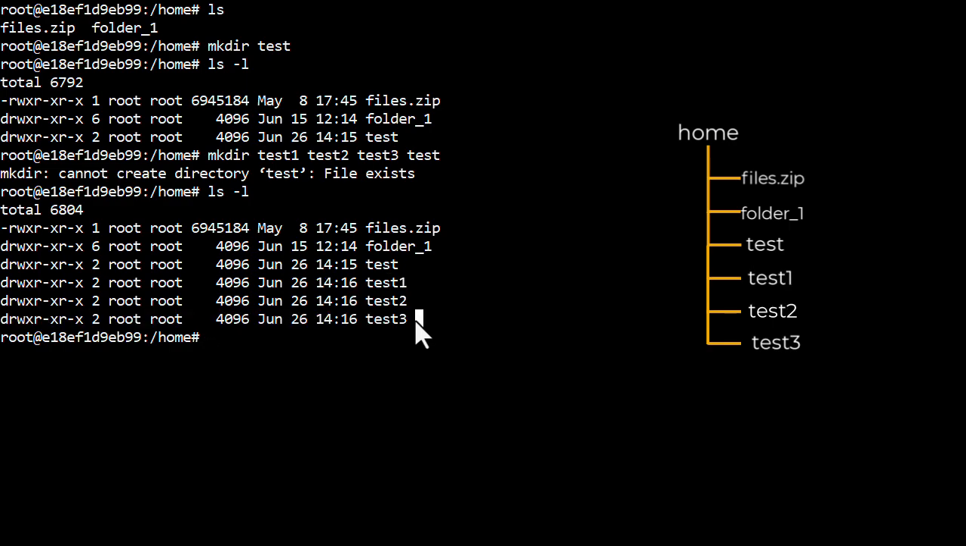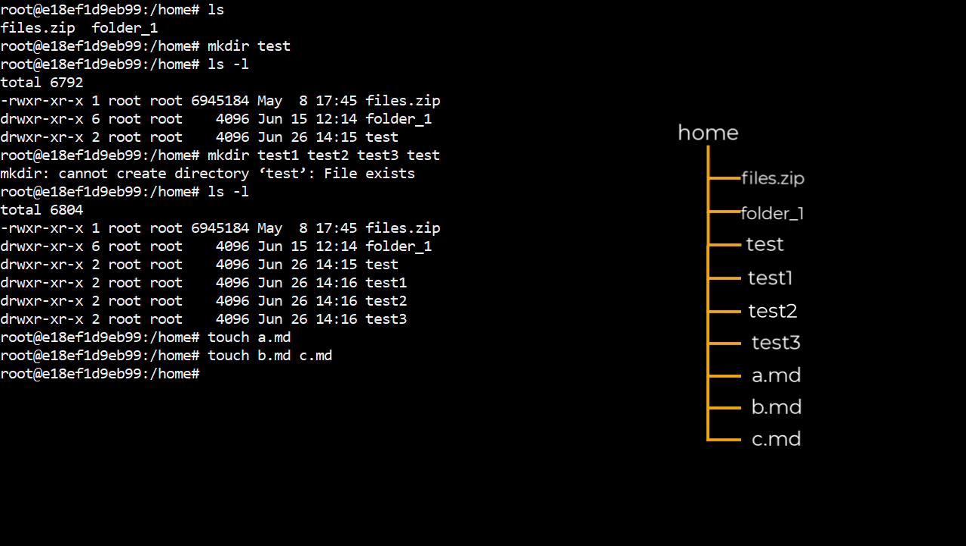right? Now we'll see similarly how you can create a file. Using the touch command we can create files like a.md, and also we can create multiple files at once, similar to the directories, a.md, b.md and c.md. Now let me show you the files. Yes, these three files are created,